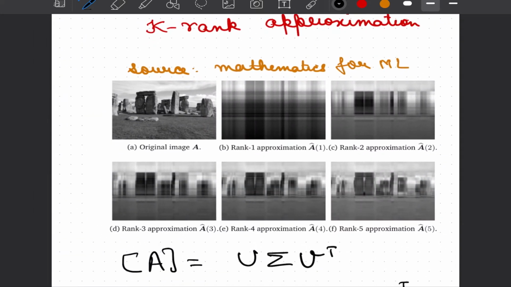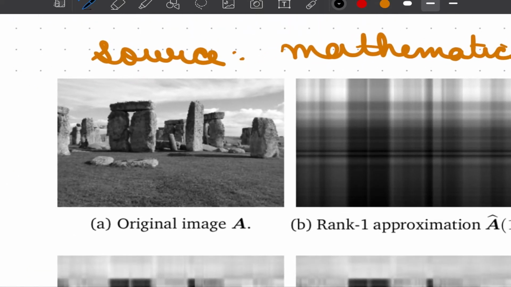I have taken this example from our book, Mathematics of Machine Learning. What we will try to do is come up with a lower dimensional approximation. I'm sure it is clear to you that dimensions is basically the number of independent vectors that we need to completely describe a vector space. In the case of images, we are essentially dealing with a collection of data. What we perceive as an image, you can always think of as a collection of multiple pixels, and each pixel has some brightness value associated.